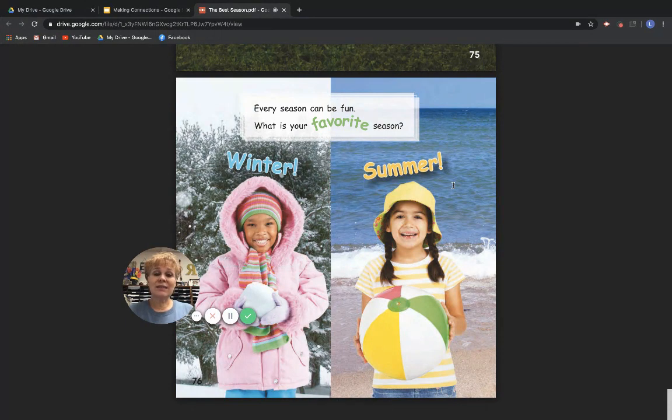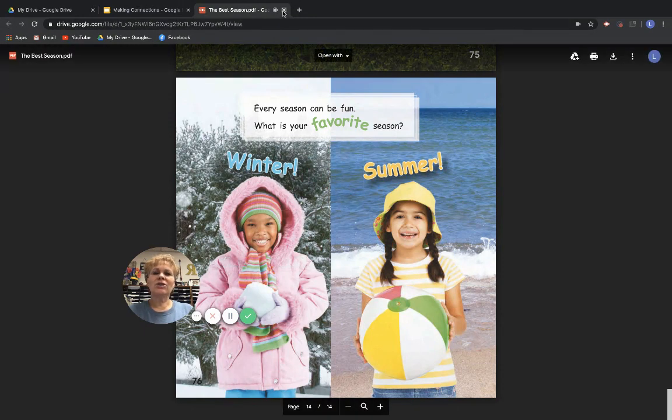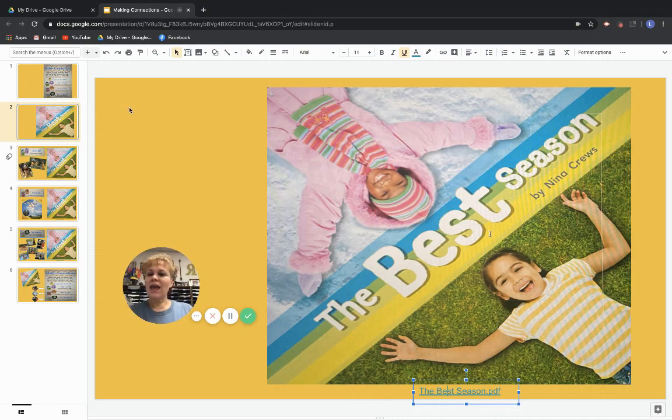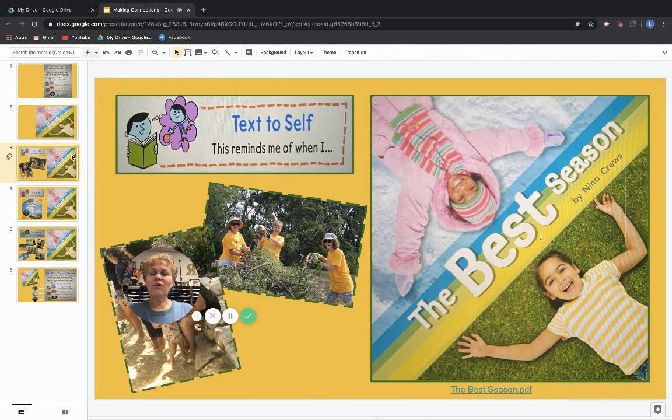I'm going to say summer because there's so many cool things that you can do in the summer. And I love winter things too, but I think summer things are my very favorite. Now, moving on,